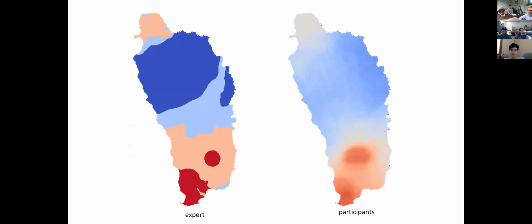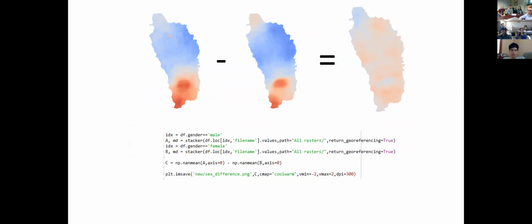Okay, so the question is, and this is a comparison of what the expert one looks like compared to the aggregate for all participants. We can do some really simple things, like raster algebra. You can take the average male response and the average female response, and subtract one from the other. What that tells you is where the differences are, right? This is the male raster, this is the female raster. Where do men find the island more dangerous than women, or vice versa? In this case, we've got a visible difference in the north, right? We see some differences down here.